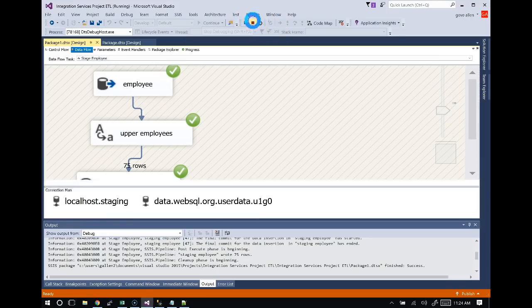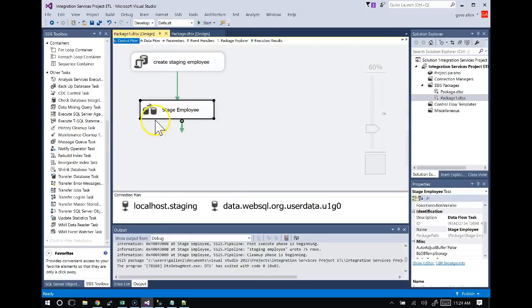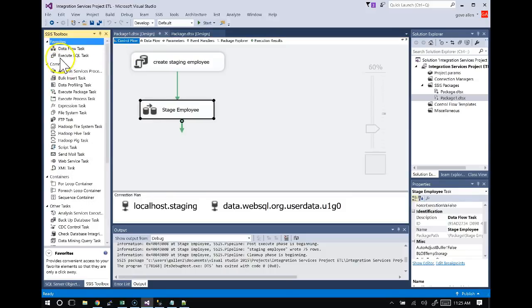Okay, so I'll exit out of debug and come back to my control flow. So now this stage employee does the extract, the transform, and load into our staging database. And I would like to do one more thing. I would like to push this all the way through to our data warehouse. So my data warehouse is on the same SQL Server as my staging database. And so I'm going to go ahead and use an Execute SQL task to make that